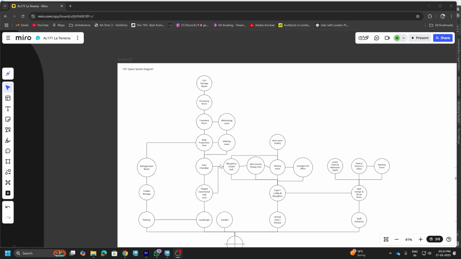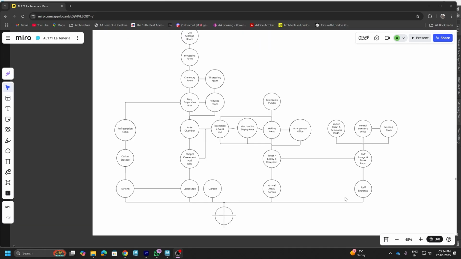And this is the space in text diagram. From the entrance, staff entrance, they can also directly go to the portico or arrival area, or the landscape or the parking. From the arrival area, they can go into the foyer. The foyer will take them to the staff lounge, or to the cluster of merchandise and waiting lounges for the public and the restrooms. From there, the reception or the event hall is connected, where they can have an antechamber